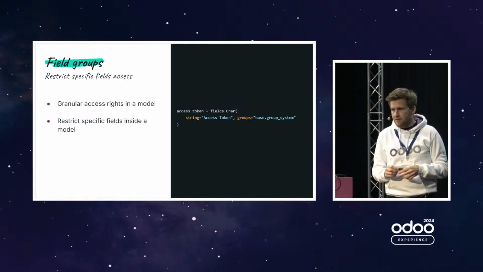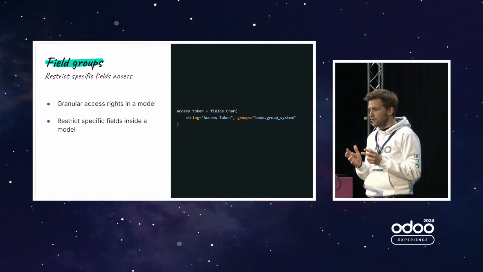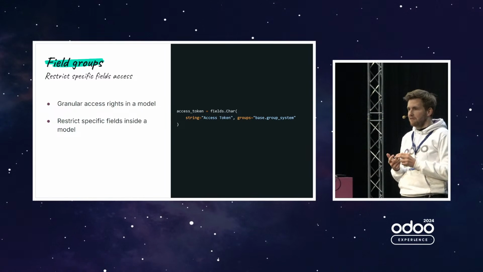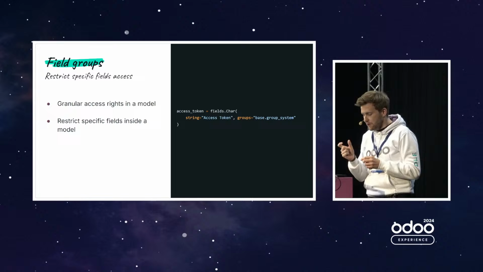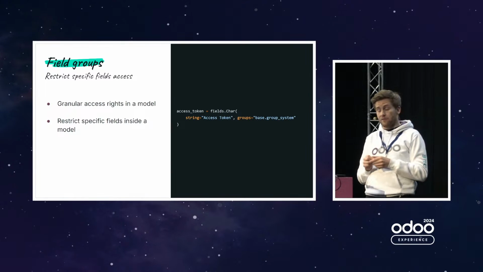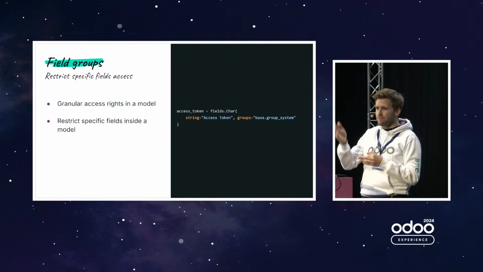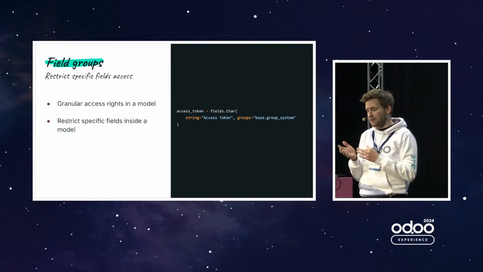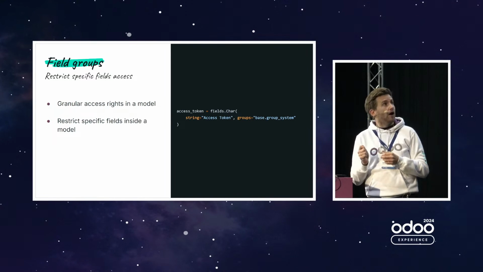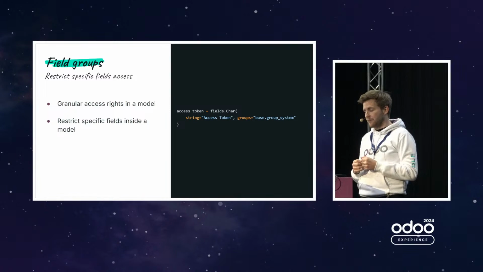Field groups. This one I will explain quickly, but basically earlier I showed you that you can control the access rights on the model and on which records you can give access rights to people. What you can do with this is that if you want to limit one field among the whole model, then you can do it using groups on the field itself. So let's say that you have an access token or a password saved on a field, on a model which is accessible to all the employees, but you only want that field to be private, and all the other ones you can make available to employees. You just add the group on that field and that's it. And in this example, the access token is limited to the administrators only.